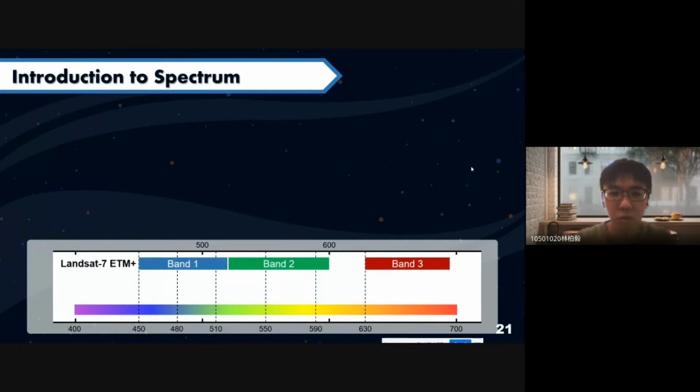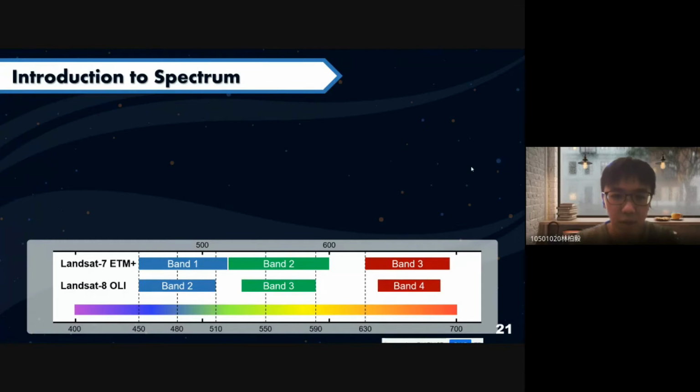And the spectral range will affect the color the image shows. For example, the blue band in Landsat 7 ranges from 450 to 530, and you can see that the range of the blue band, green band, and red band is different from Landsat 7 and Landsat 8.